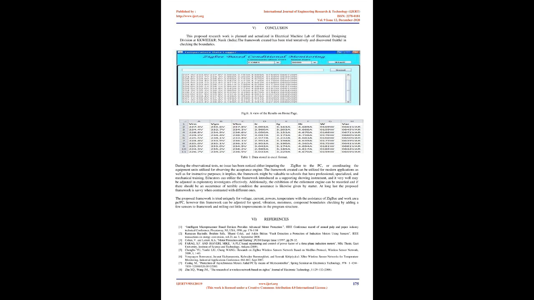4. Test and results. 5 usage photos of the proposed framework are portrayed in Figure 9 to Figure 13. The Figure 9 shows the outline of the proposed framework demonstrating the force supply, starter, observing unit, and acceptance engine. Fig 10 delineates the voltage, current detecting sheets, force supply for advanced sign regulator and Zigbee transmitter. Fig 11 represents the association of Zigbee beneficiary with PC through RS-232. Fig 12 and Figure 13 are demonstrating the outcome on LCD show under burden condition.